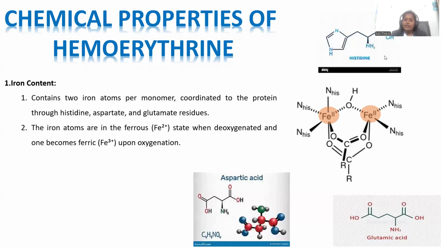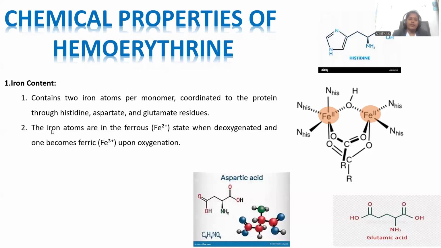Let me introduce another amino acid taking part in this hemerythrin, the histidine nucleus, where you can locate the amino acid, so that it is a neutral one, and it is accompanied by the heterocyclic ring system imidazole. This is the way histidine is a neutral one. These three are the essential components taking part in this hemerythrin